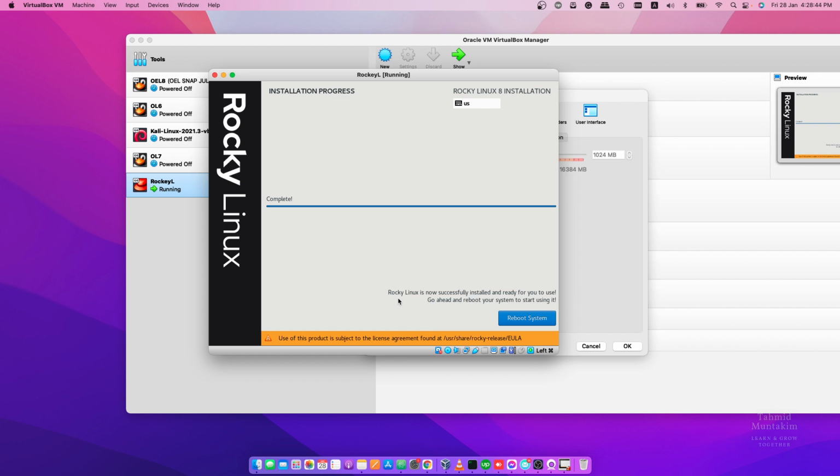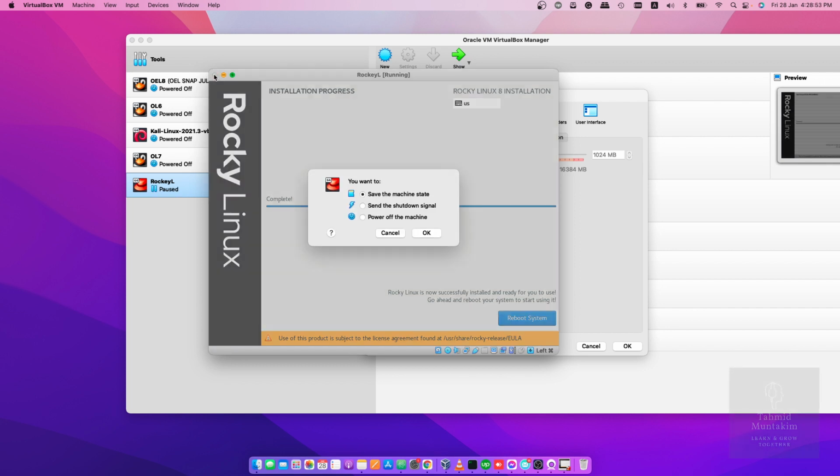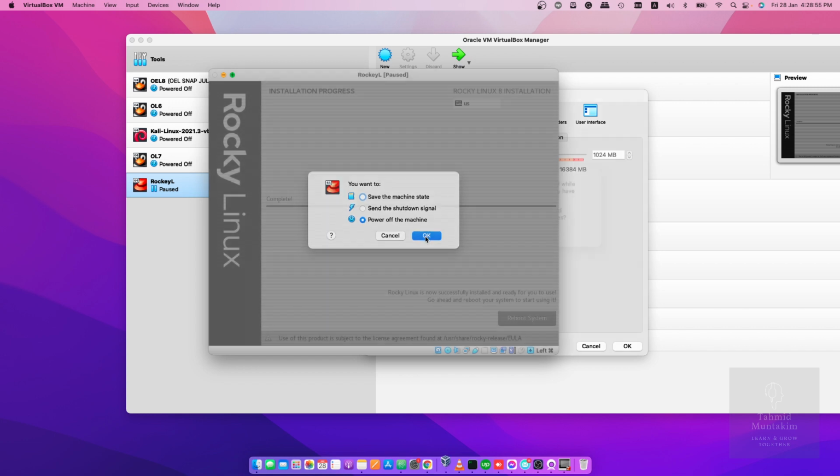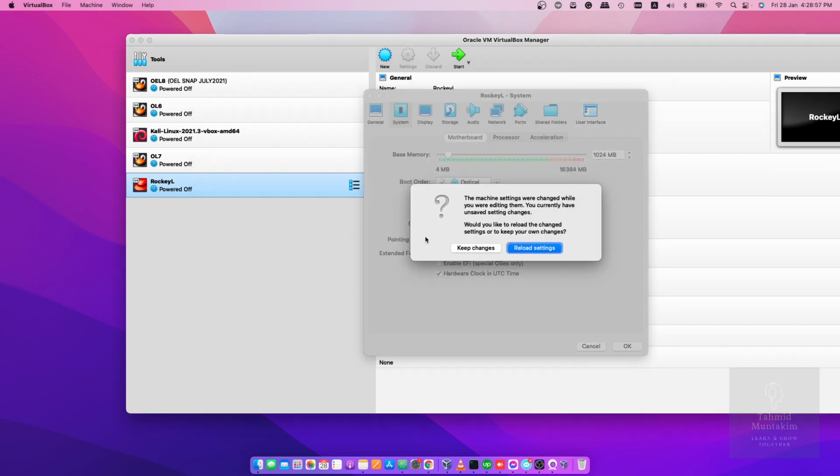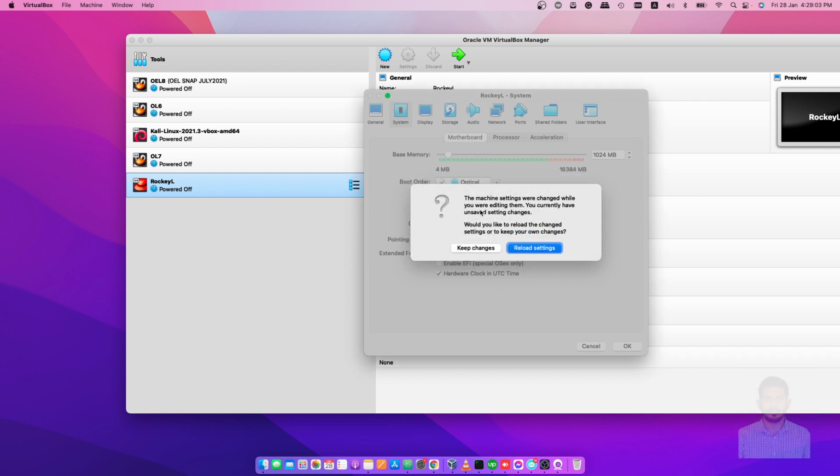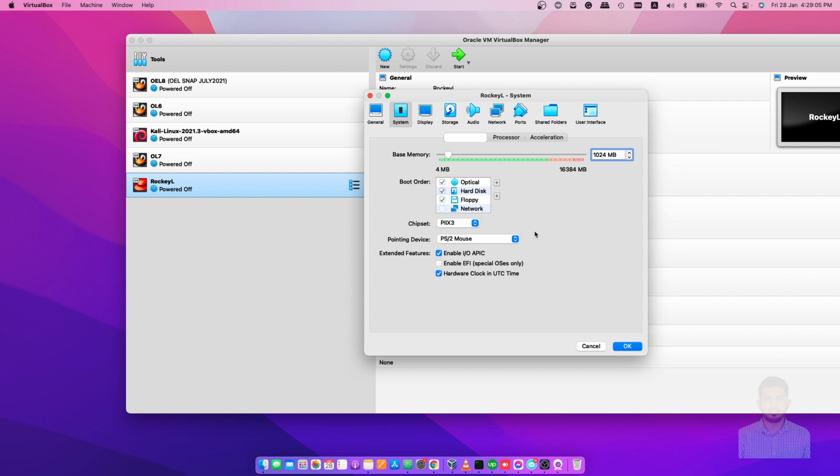It is showing that Linux is now successfully installed, ready for you to use. And now I will power off the machine. The reason I'm doing that,